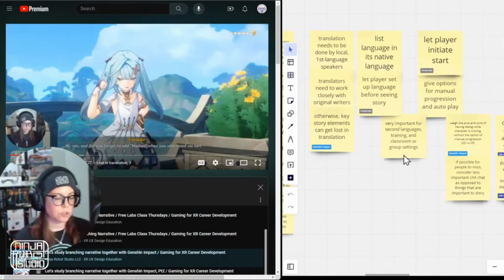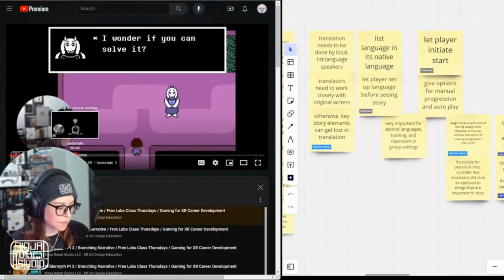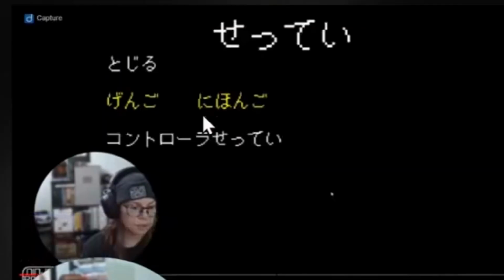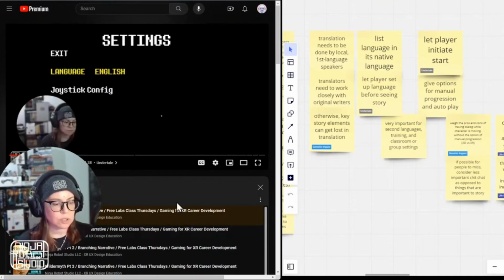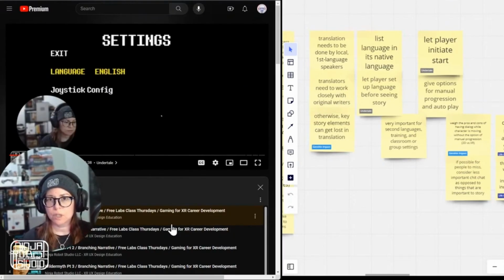And then also whenever you're choosing your language, and let's see, I think Undertale has an example of that. Whenever you choose the language, you want the language to be in the language that they speak. So some games will have all of the languages listed out in English. Italian, Japanese, German, whatever. All of it will be listed out in English. Those people don't speak English. They speak their language. So it needs to be in their language so they can recognize it. They have different writing systems. So you put it in their writing system.